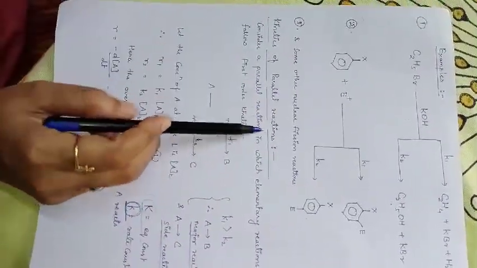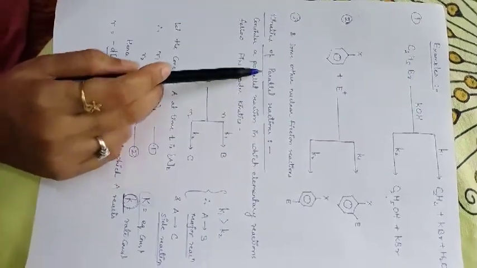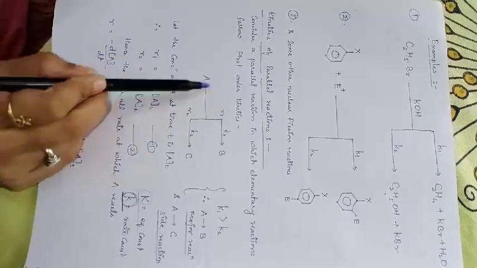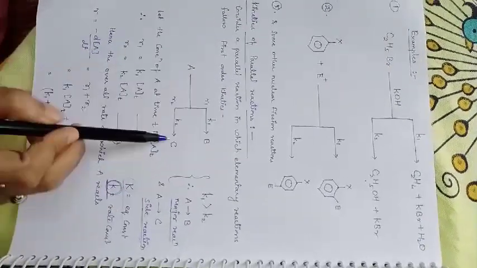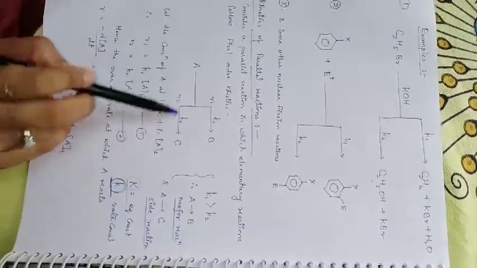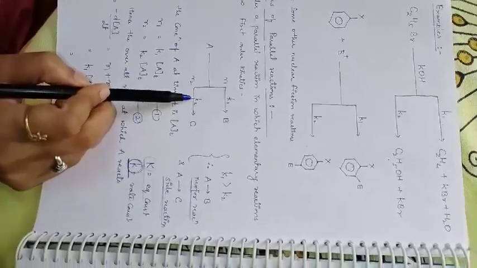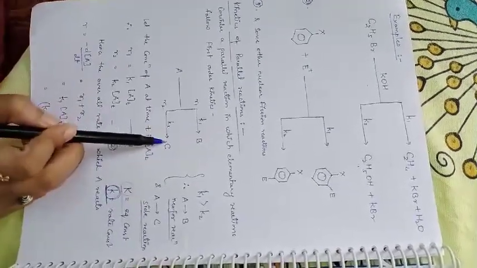Now we will come to the kinetics of the reaction. I am here explaining the first order kinetics of parallel reaction. Let us consider this type of reaction where there is a possibility of getting A to B and A to C. For A to B the rate is R1 and the constant is K1, and for A to C the rate is R2 and the constant is K2. Here we suppose B is the major product. When B is the major product, K1 will be greater than K2, and K2 is smaller than K1. So that means A to C is the side reaction.